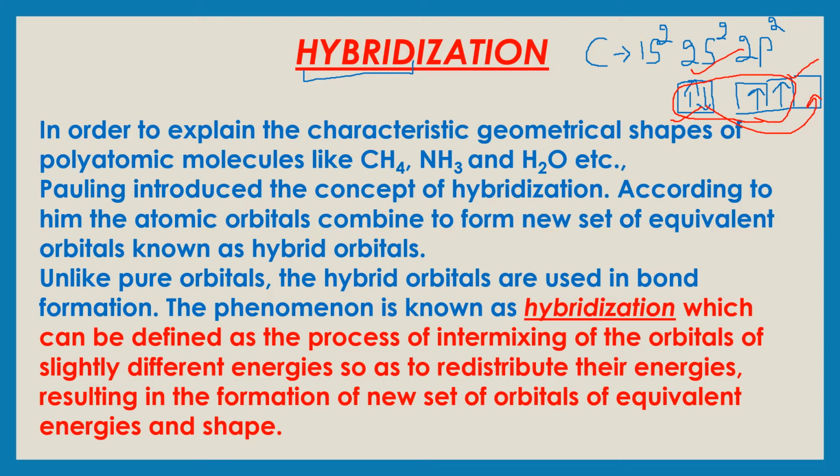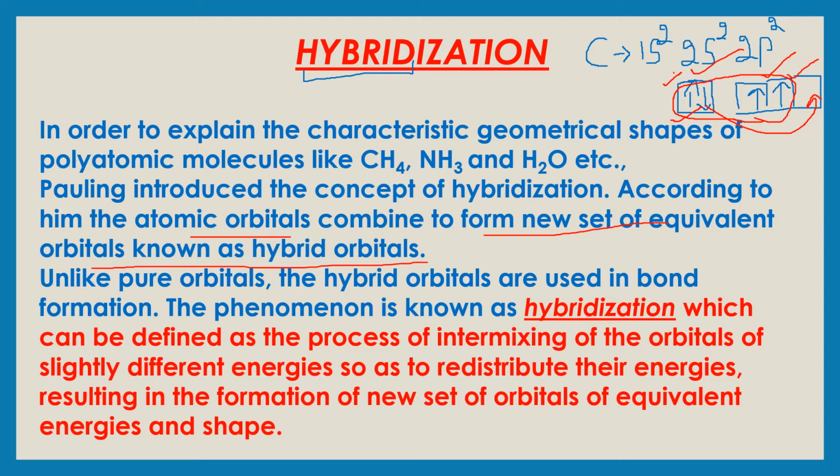One example of how hybrid orbitals are used in making the bond. Now the phenomenon is called hybridization: the atomic orbitals, AOs, combine to form a new set of equivalent orbitals known as hybrid orbitals. So if an s orbital is combining with three of the p orbitals, they can be 2p, 3p, 4p, anything. Suppose 4s is combining with 4p, 3s with 3p, or 2s with 2p, because I cannot expect 2s to combine with 3p or something else of the same atom.